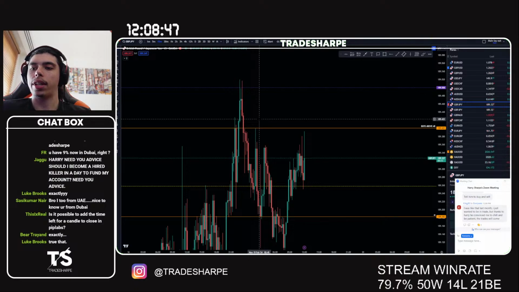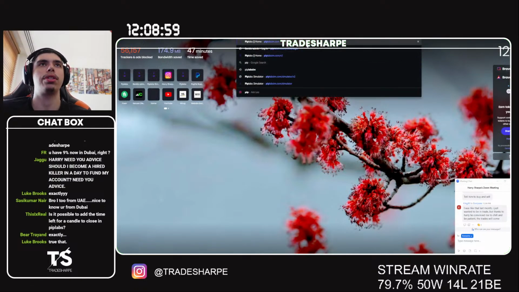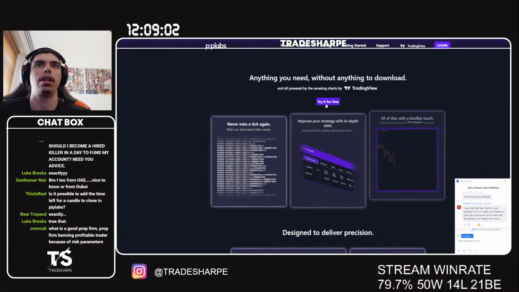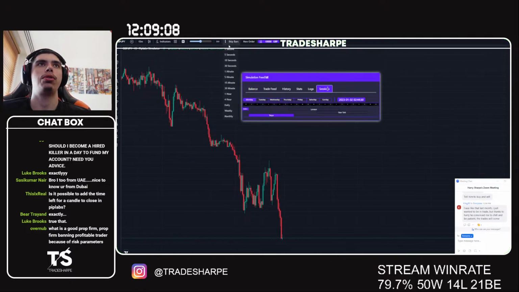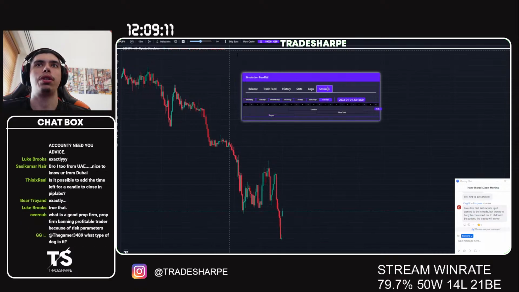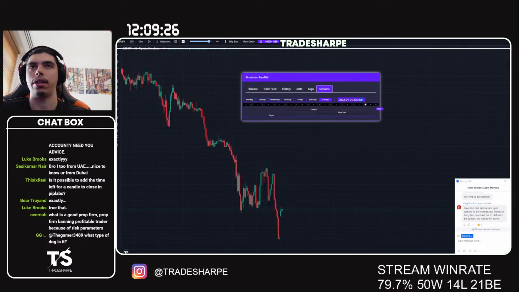Is it possible to add the time for the candle to close in Pip Labs? We could look into that. The problem is when you're skipping candles and fast forwarding, it will be slightly off. That's why we have the sessions. Instead, we put the session here so you can see exactly what time it is. And you should know, obviously, a 1 hour candle closes in 1 hour. When you skip candles here, you can see what time it is, 11:20. When the candles are playing, if we speed it up, 2, 3, 4, 5, you can see how long the candle has, and you can see seconds here as well. This will show you seconds, 31 seconds, 5 seconds. So you can see that already. We put that here for now. So you do have it, right?